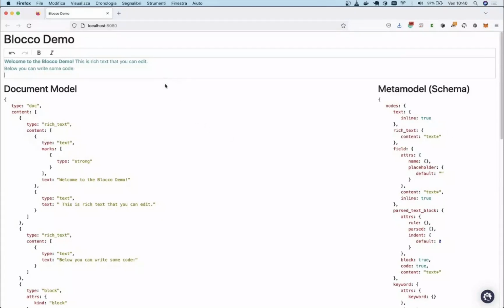So getting to the demo that you see here, this is a rich text editor built with a toolkit called ProseMirror. And ProseMirror is a library or a set of libraries to build rich text editors for the web. And the key characteristics that distinguish